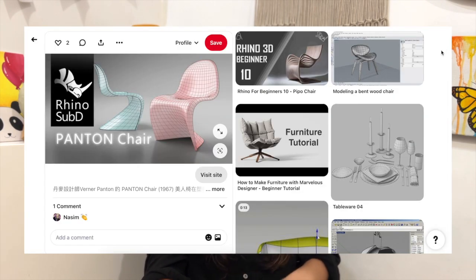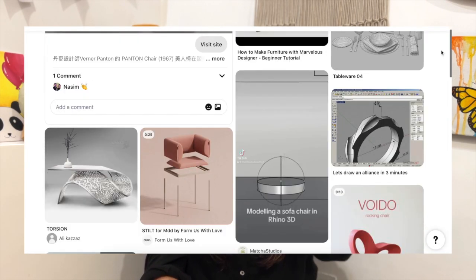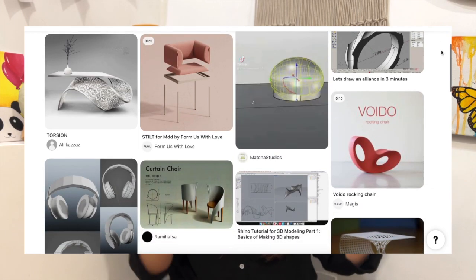Rhino is more useful for product people, because in it you can make precise products with all the curves and this and that. And the best thing is that in Rhino you can export its 2D drawings also, so I really like that. I think you can do that in SketchUp too, but I can't remember for sure, so if you know, tell me in the comments. So yeah, and SketchUp is free on web, but if you have to download the software, it's paid, so crack it, my friends.